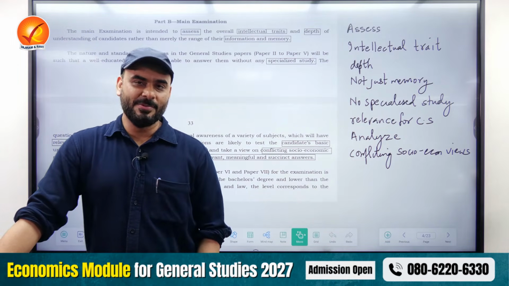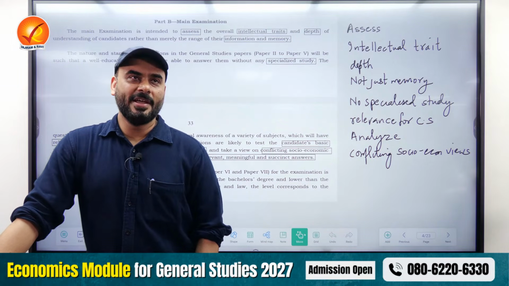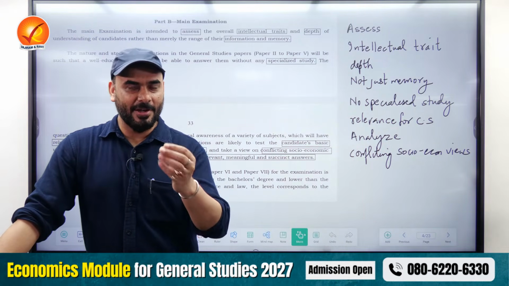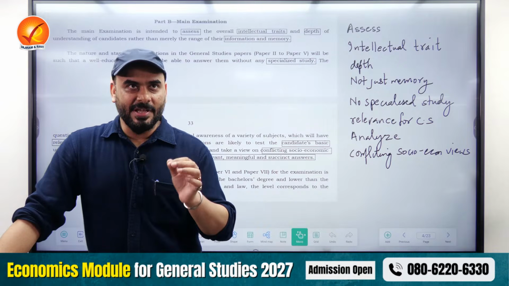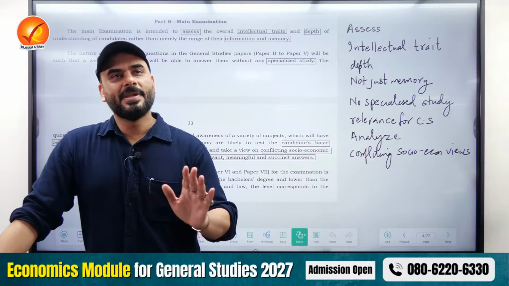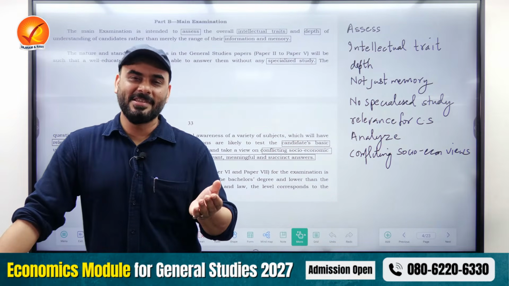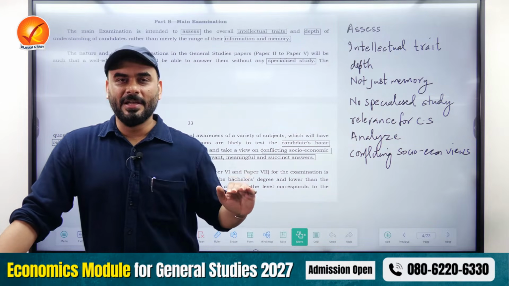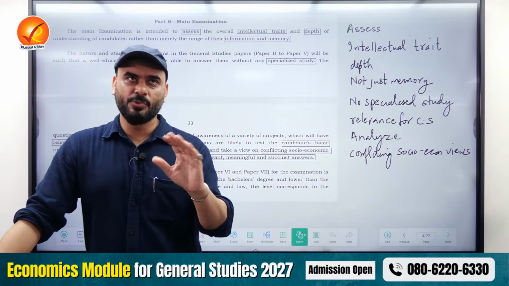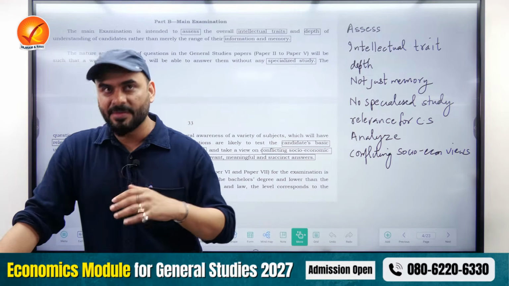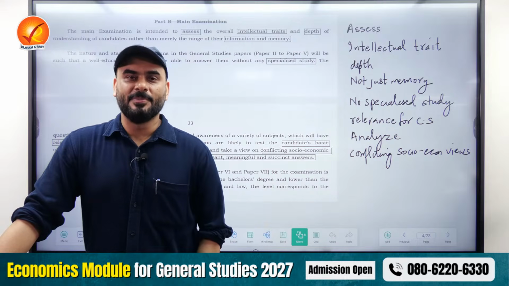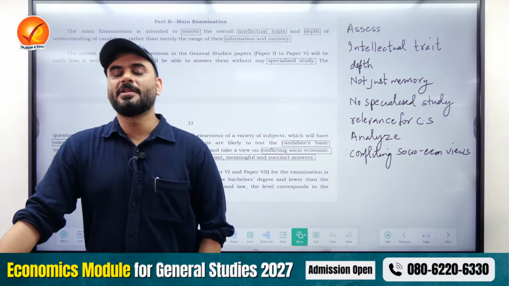When you look at the prelims syllabus, the UPSC only says that anything which is of social and economic importance is there in the syllabus of prelims related to the economy part. So anything which is important from the perspective of society and from the perspective of economy, UPSC says for prelims it is important. So literally UPSC is saying that almost anything which you feel is happening around you related to economy, not in a very depth manner, but to some extent you should be aware of what is happening as a policymaker, as an officer. So the syllabus is not very precisely defined for prelims. Literally they can ask you anything and everything under the sun.